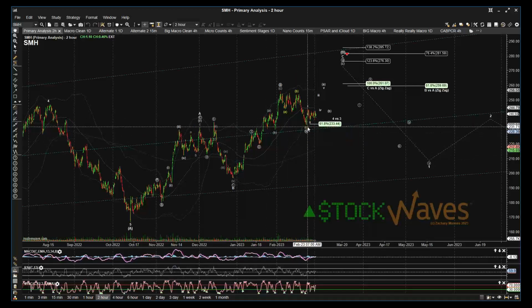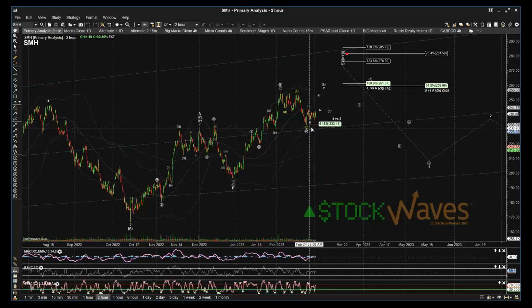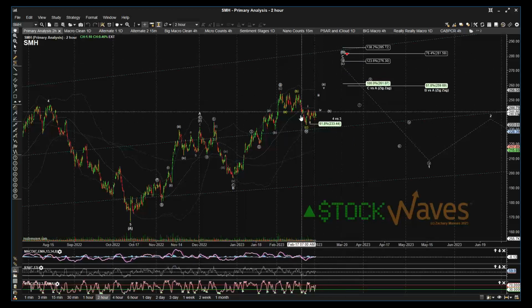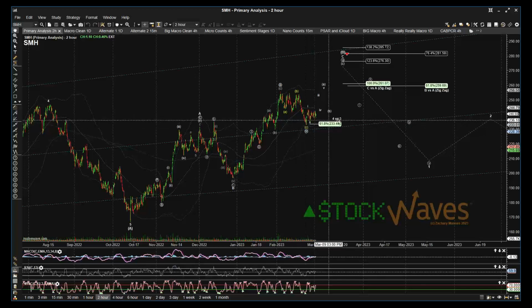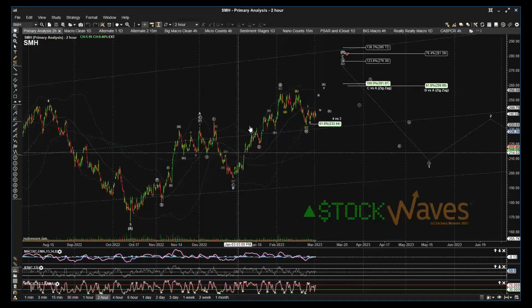So not only is it holding a higher relative low to the S&P that's more reliable as a fourth wave to get one more high in the C of B, but it also is holding higher lows off of that. But if that 236.30 region fails, or we'll just say 236, that would be a big, big warning that this low is going to break, and then that could possibly be 5 waves down from this high,